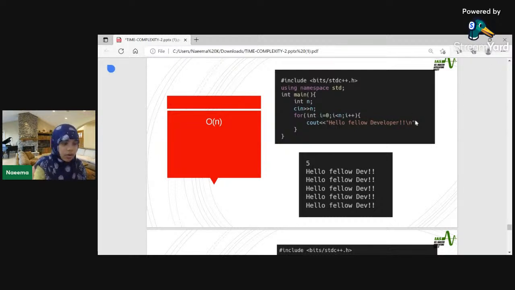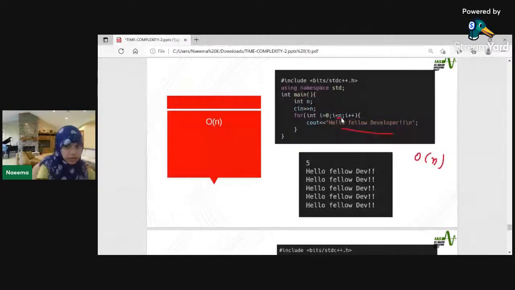When a function checks all the values in an input data set, or when it needs to iterate through every value in the input, it is said to have time complexity of order n. Example, say that it is printed 5 times, which is the value of n. It is directly dependent on the size of the input variable. So we say that the time complexity is of the order of n.